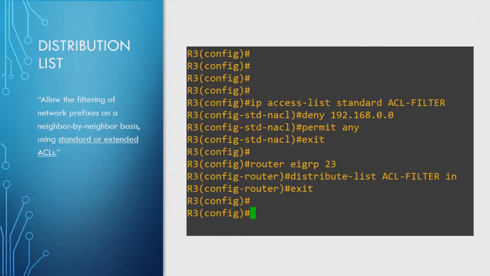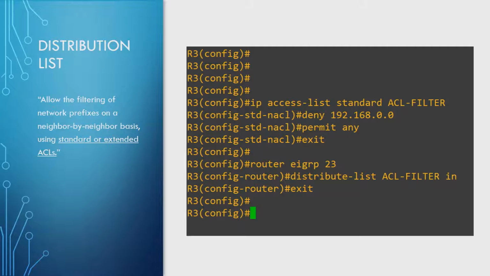Yeah, and we're just about to crack on straight away, and we'll go into distribution lists first. So if we look at that quote on the screen, we have the following description of a distribution list. Allows the filtering of network prefixes on a neighbor-by-neighbor basis using standard or extended ACLs. So remember the name here, because it's going to get confusing as we go into the other, like prefix lists